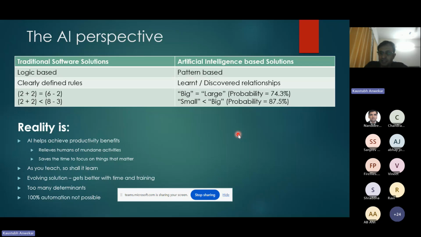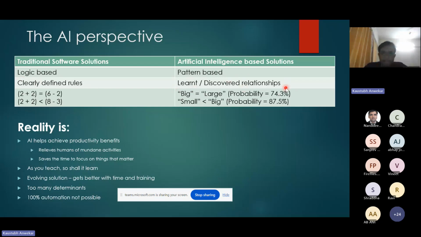There are certain statistical algorithms to do that, for which there are a lot of resources also available. And 1 hour won't be sufficient to cover all of those. But at a broad level, that is what machine learning is, right? Now, coming back to this, traditional software solutions have very clearly defined rules, whereas AI-based solutions are mostly learned and